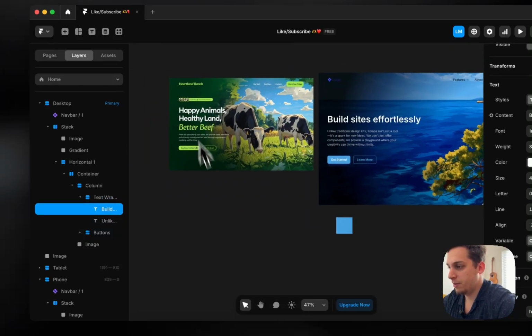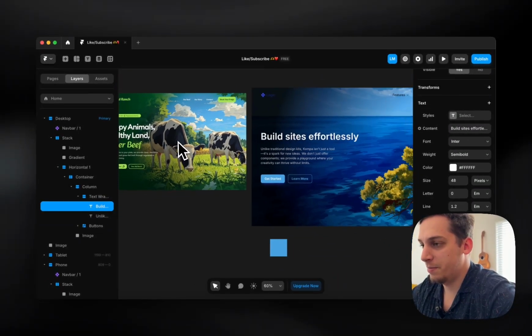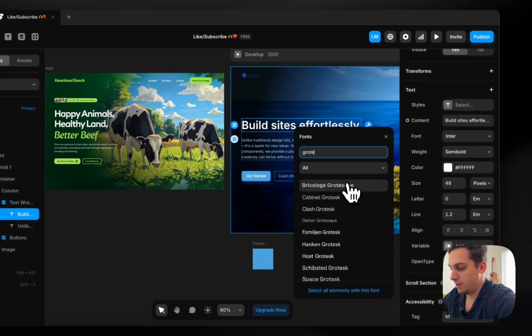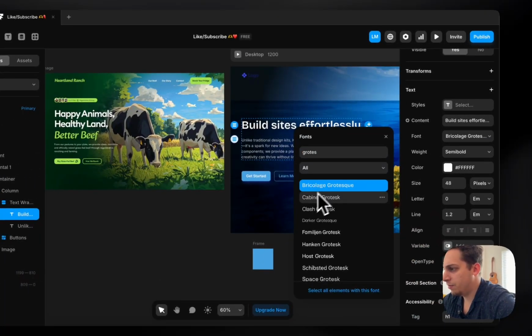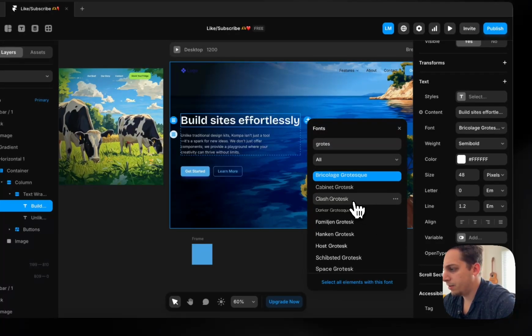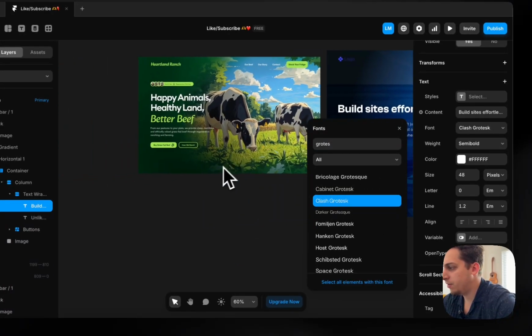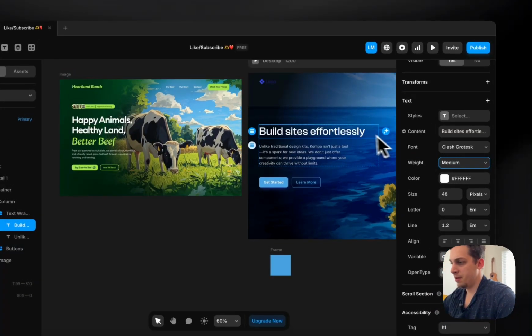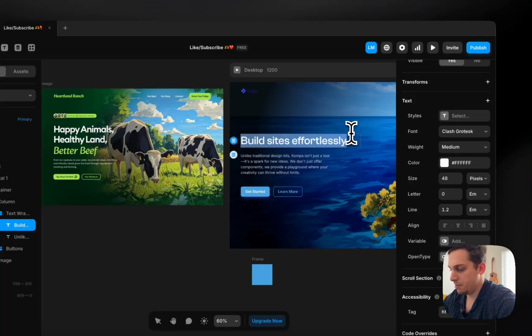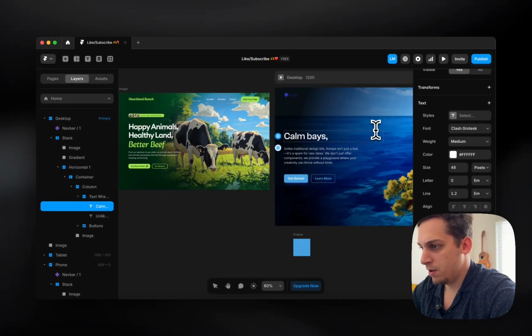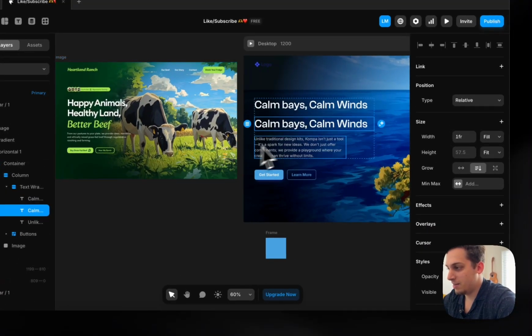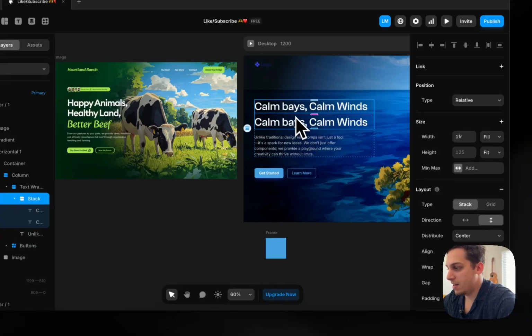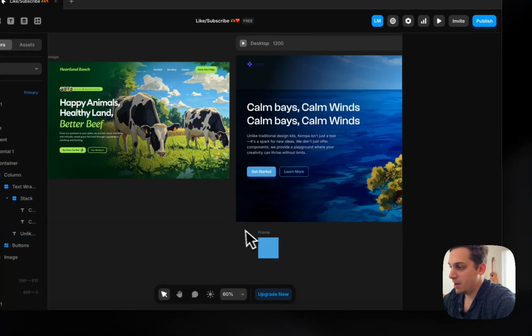Now what we have to do still, we've spent a lot of time on this particular background. What we can do is just focus on the content. So let's choose something like Clash Grotesque for this font. Let's make it not semi-bold but medium, and we can put "calm beige, calm winds," and then we can just duplicate this text, put these together as a stack, and then adjust the gap to be lower,